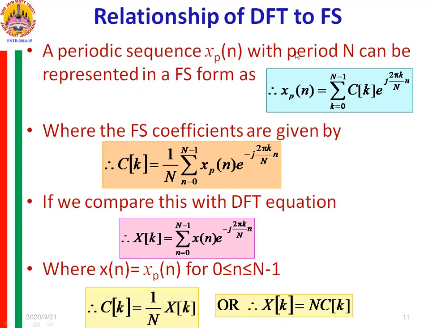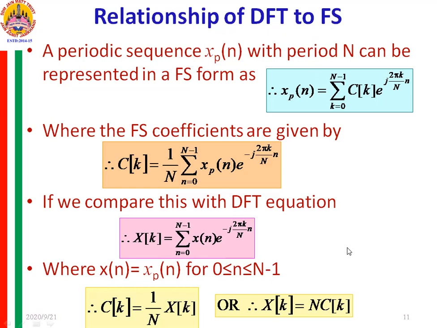This is how the DFT coefficients and the DFS coefficients are related with each other: the relationship between DFT and Fourier series. The Fourier transform and DFT are directly related by simply replacing omega with omega k, that is 2 pi k by capital N. You obtain X of k from X of omega. And to obtain X of k from Ck, you multiply Ck with N and you obtain the DFT X of k. This is how the DFS is related with the DFT, or the FT is related with the DFT. We have seen the relationship between the DFT and FT and the DFT and FS.